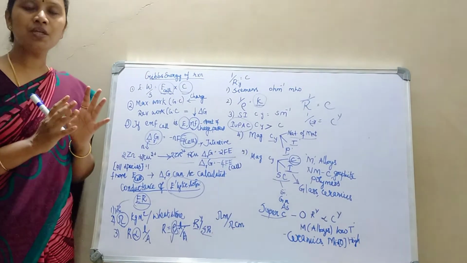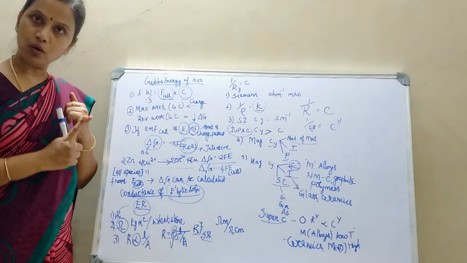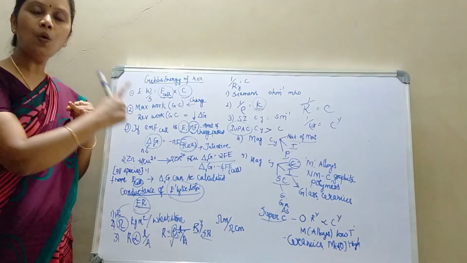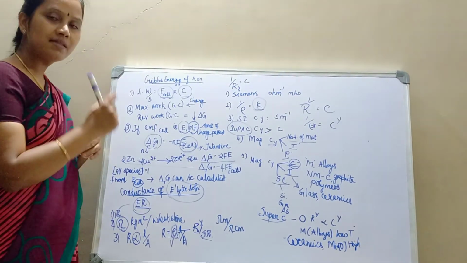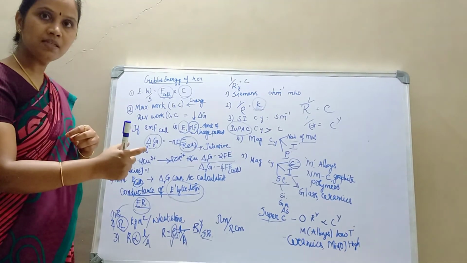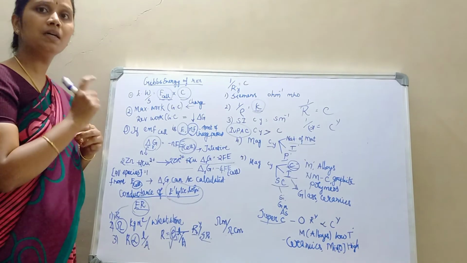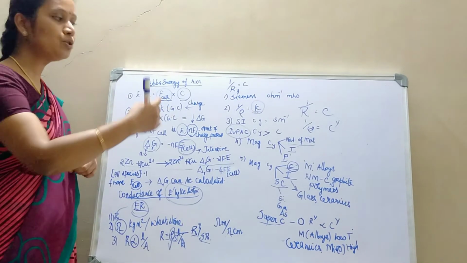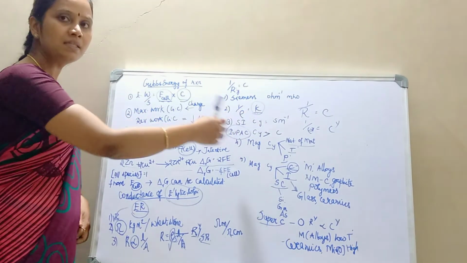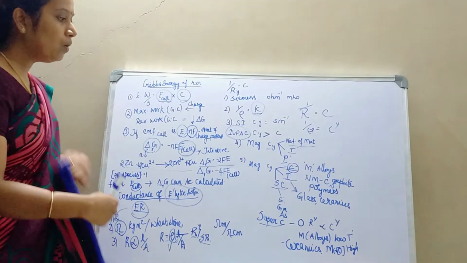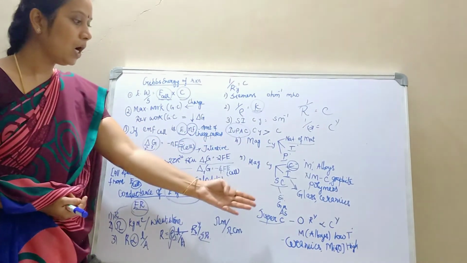So in today's session, we have seen how to relate electrode potential with equilibrium constant, the Nernst equation, and how to relate it with Gibbs free energy. Then what is resistance, specific resistance. Then what is conductivity? The conductivity term is used in preference to conductance. What is the unit of resistance? Ohm. What is the unit of conductance? It is mho.